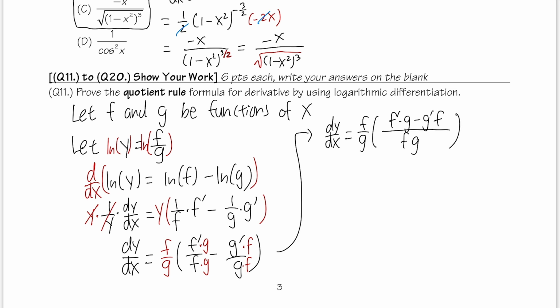That's pretty much it. But notice one little thing though. This f and that f can cancel because you can multiply that out, and then you see that g times g is g squared, and this explains why we will have to square the denominator. So dy dx, y is meant to be f over g, so when we do dy dx, that's the derivative of f over g. That's equal to, well, as I like to say it, before we forget, let's square the denominator,